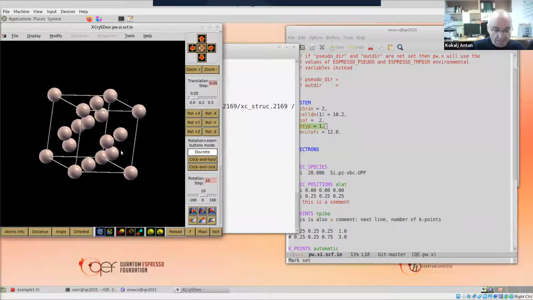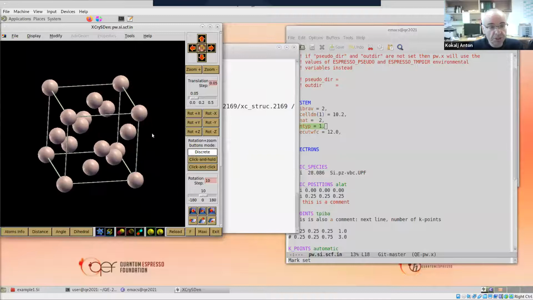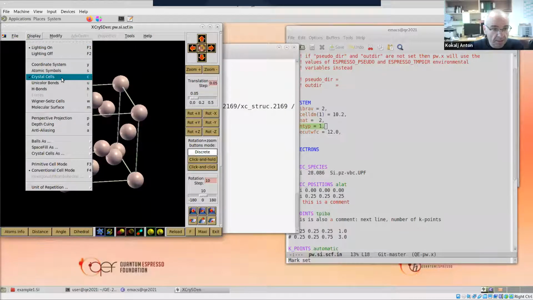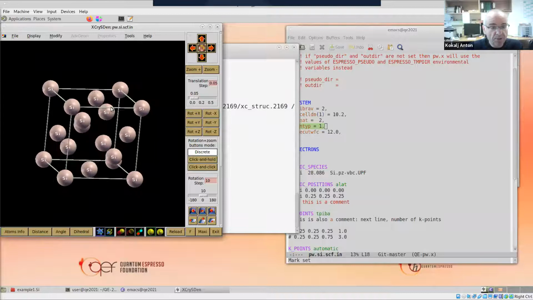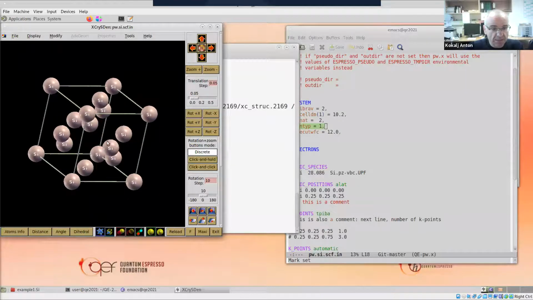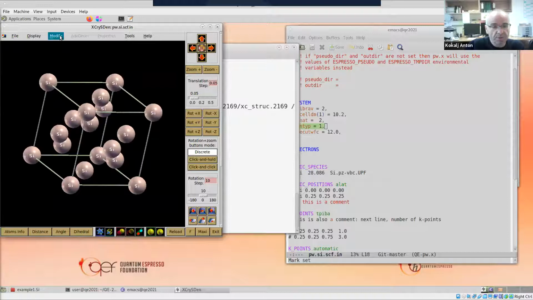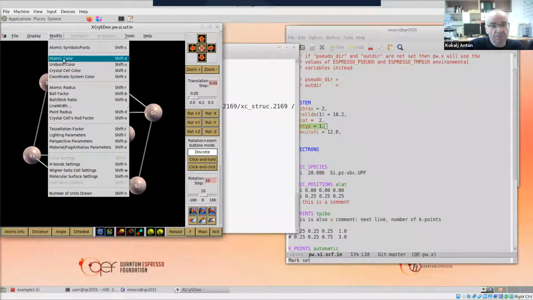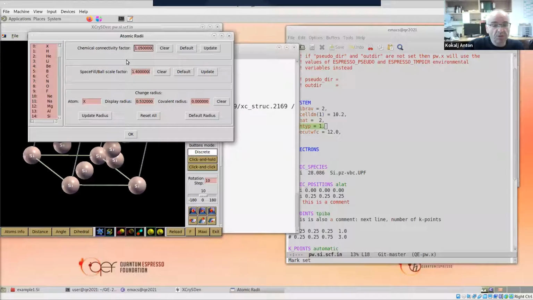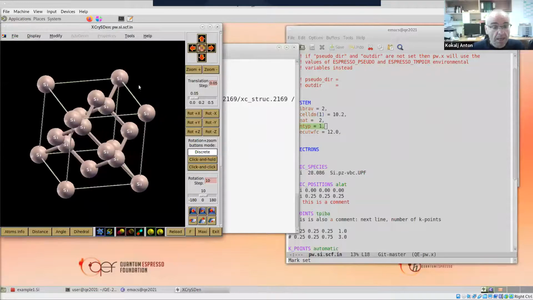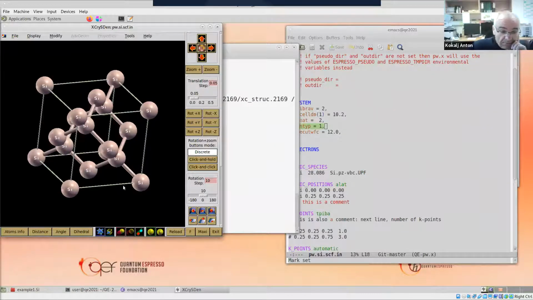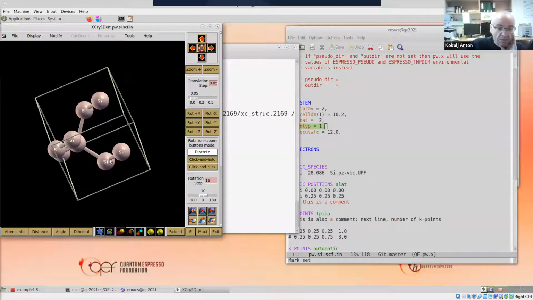And now this is a silicon structure. I can even display atomic symbols. And now I don't see any bonds. And this is sometimes annoying. I will just show how you can display bonds. You go here to atomic radius, and you enlarge the chemical connectivity factor. And you press update, and now I have the bonds. Okay. But now, very important buttons are here on the bottom. This is a nicely tessellated unit cell. This would be just a translational asymmetric unit,